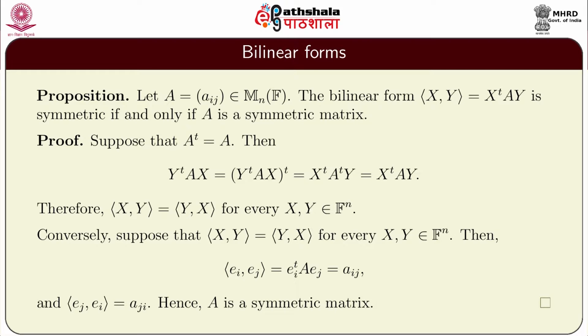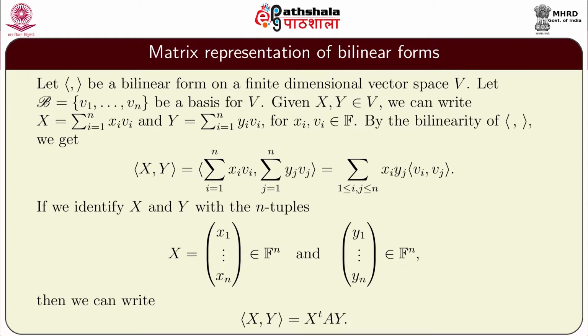Given that inner product xy is equal to inner product yx for every x, y in Fn, we have Aij is equal to Aji for every i, j. Therefore, A is a symmetric matrix. Now, let us start with a bilinear form